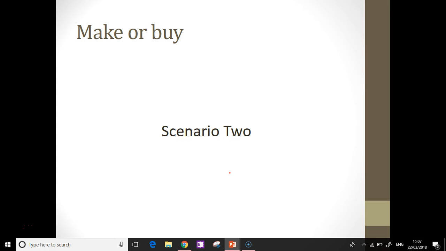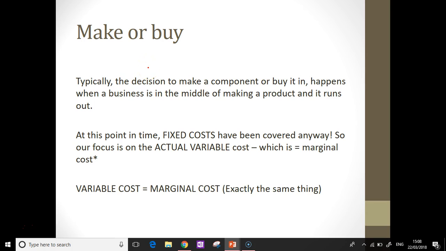Typically, why this idea of make or buy really occurs is because that's not actually the scenario. The scenario is that we're working away, we're making our product, and then towards the end of the year, we have an interesting scenario. We're in the middle of making our product and we run out of a component.